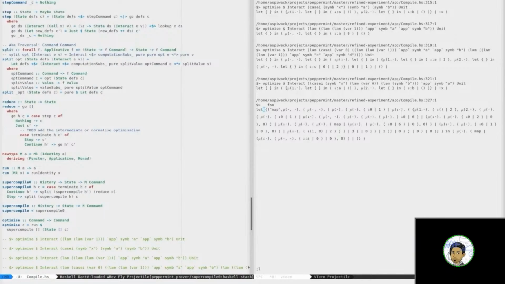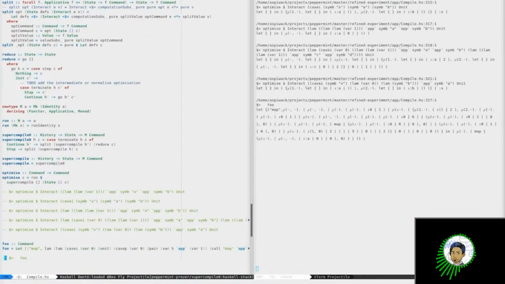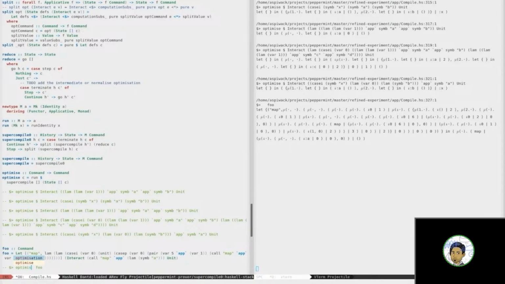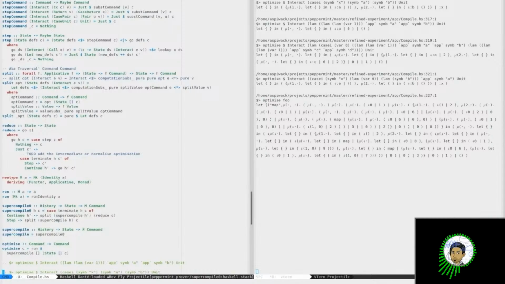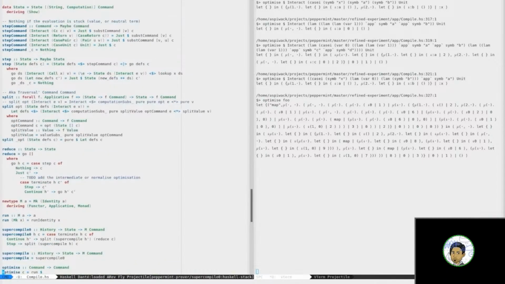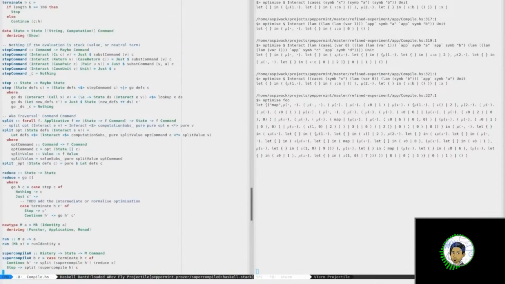So first, we're going to not push the defs down at all for the time being. And here, I think if I do optimize, this shouldn't crash. Good. And we are going to remove this silly let. So I'm just